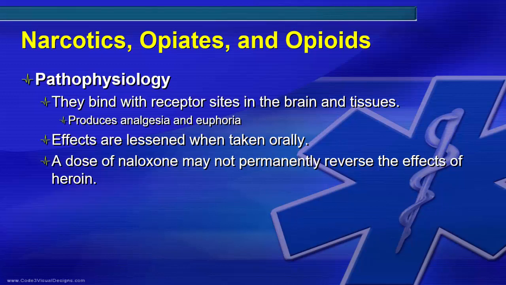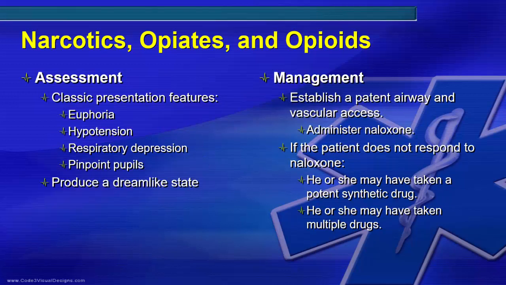Opioids can be pretty much taken in any type of way. The effects are lessened when taken orally due to first pass metabolism, but the doses taken through the IV or the IM route do not go through that first pass mechanism, and so they will go directly to the CNS, which causes more potentiated effects. Assessment for these patients, the big thing that we're concerned about again is going to be respiratory